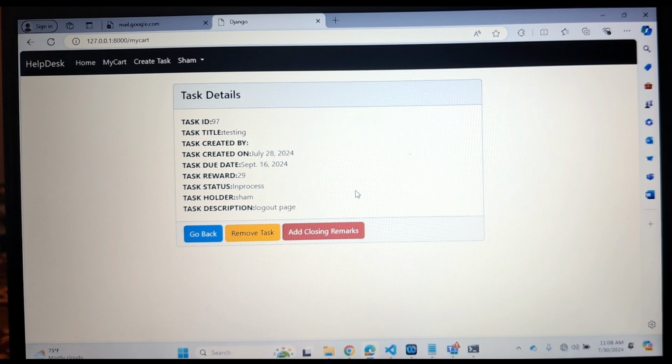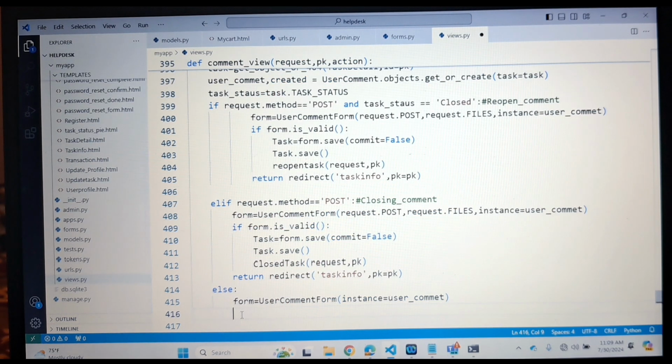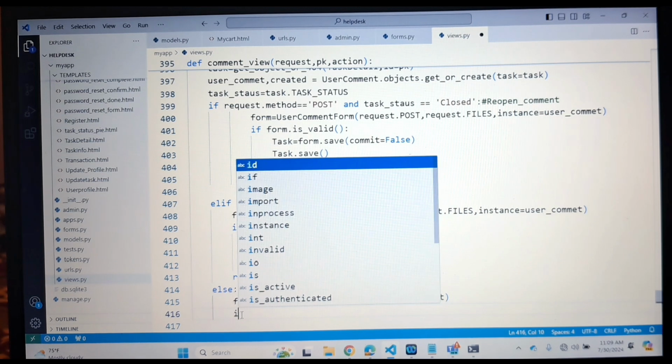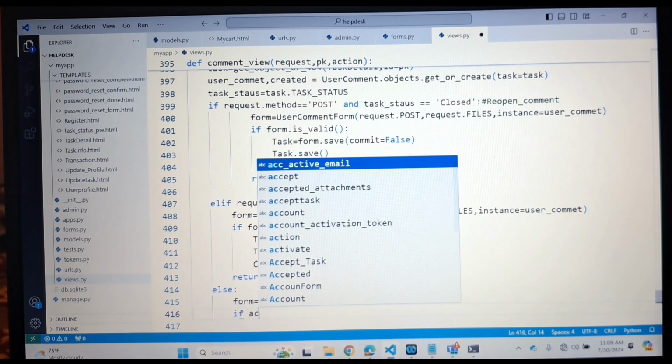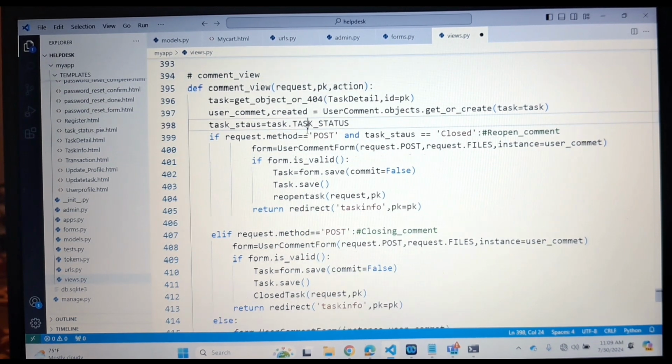Yeah. So when the user is going to click on add closing comment, at that time I want to show only the closing comment field. I don't want to show the reopen comment field also. So for that we can add the condition in the views.py file in the else part, because when the user is going with the empty data or in the GET request, so if action, and this action is nothing but